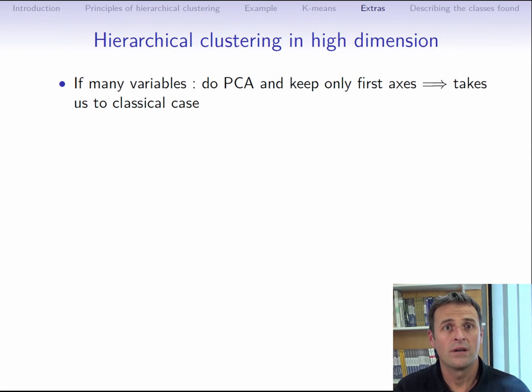As we saw earlier in the example, constructing a hierarchical tree involves calculating at each step lots of distances between individuals and groups of individuals. For high-dimensional data, this algorithm takes too long and doesn't work very well. So how are we supposed to deal with high-dimensional data? Well, if there are lots of variables, we could start by doing a PCA and only keeping the